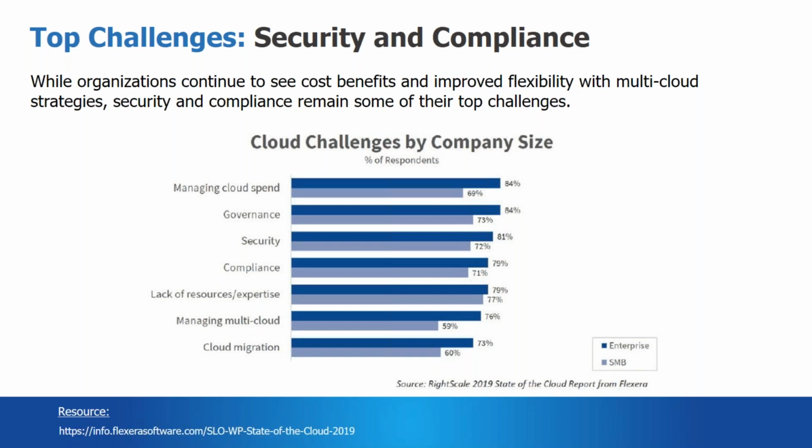There's a laundry list. You can look at this document and see this laundry list of things and concerns associated with it. But I think the thing I want to reinforce is it's the right thing to do. There is a place and a provider for most workloads, and as long as you can control and provide a level of assurance around the data from a compliance, security, spending perspective, you should be looking at a multi-cloud and hybrid cloud strategy, specifically because some cloud providers are good